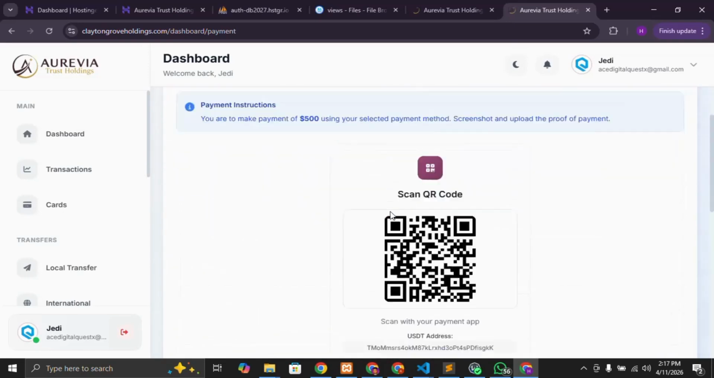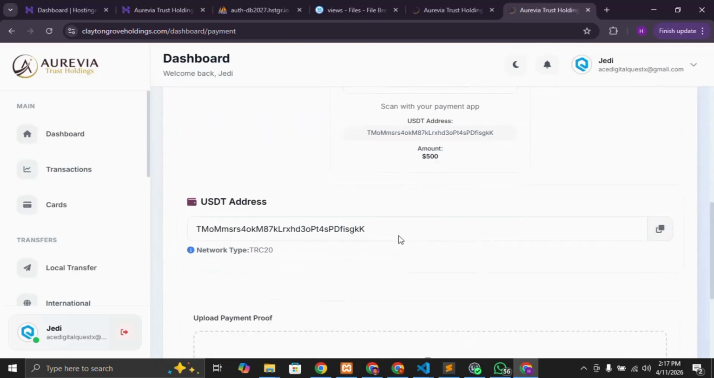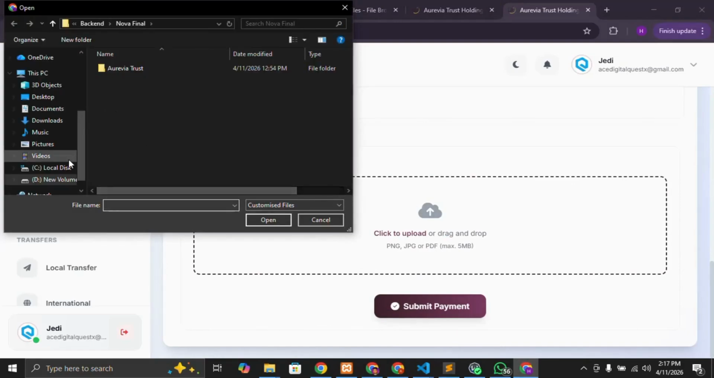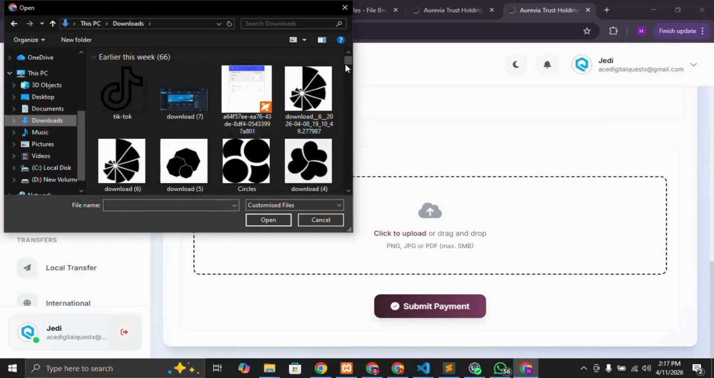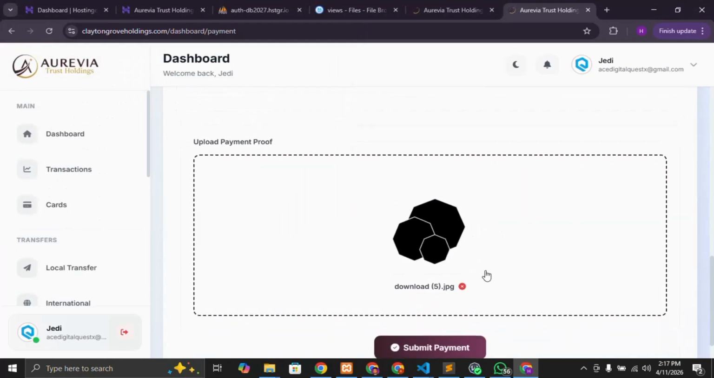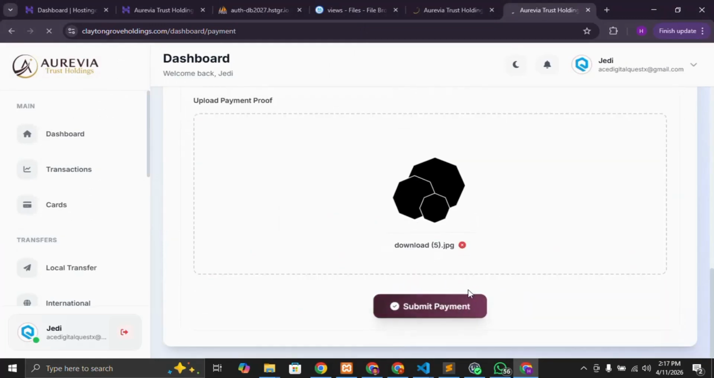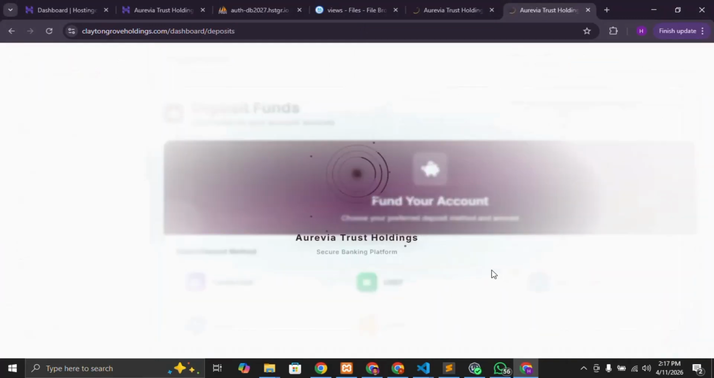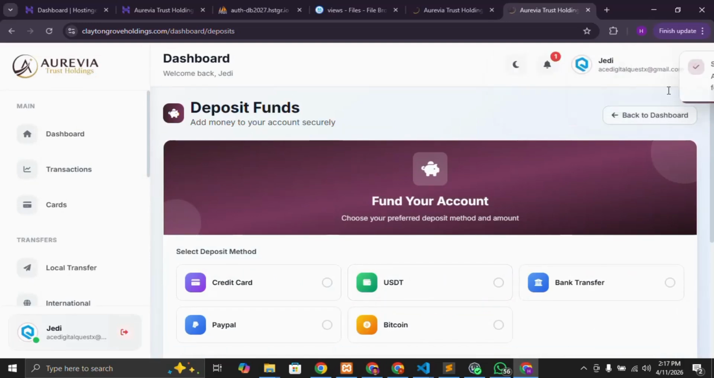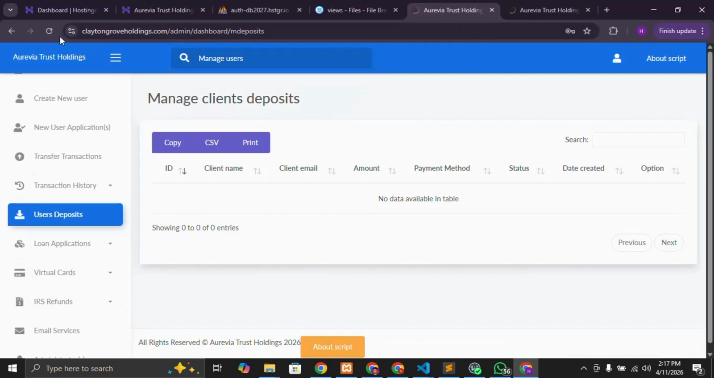Once they scan, they can easily copy the address, and once they are satisfied, they upload a proof of payment. Let me quickly find some documents or some picture to upload so that we can move on. Let me just upload something like this. They have to upload a proper proof, but this is just a test, so that's why I'm uploading a random image. As you can see, account funded successfully. Please wait for the system to validate your transaction. Then once we reload this page,